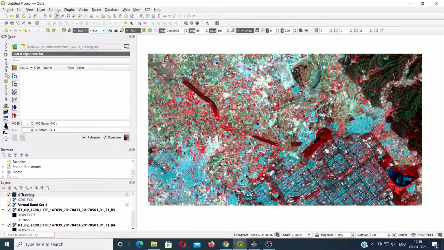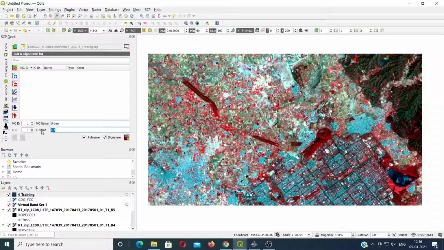Now here in training input, there are two different things. One is MCID, that is the macro class ID, and then there is the class ID. So here for macro class, first let us try to collect some urban signatures, and class ID is 1.